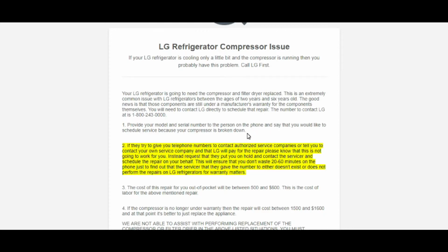Now, I service LG appliances out of warranty, but we decide what we work on, and we never accept payment from LG. That's kind of like the Wimpy, I'll gladly pay you Tuesday for a hamburger today. LG will not pay us for the repair because we're not contracted with them. So when a customer service rep for LG says that, they are lying, and they're committing more fraud because it is their job, it is their appliance, it is their warranty that they promised to give you. It's their guarantee, and they're not standing up to their word,